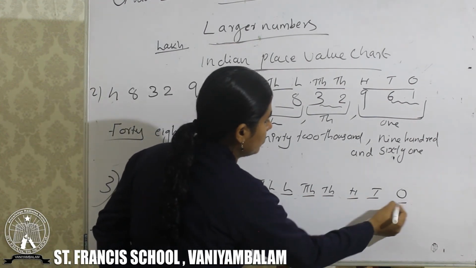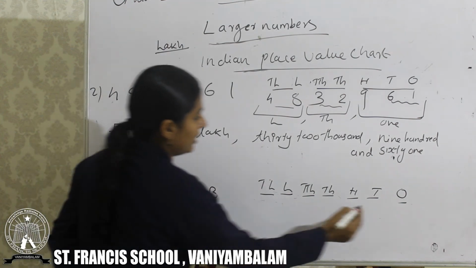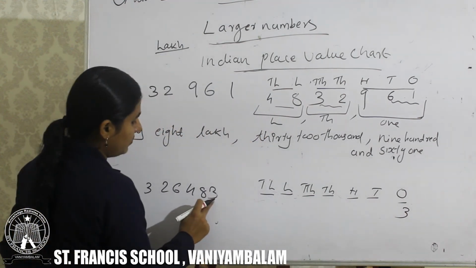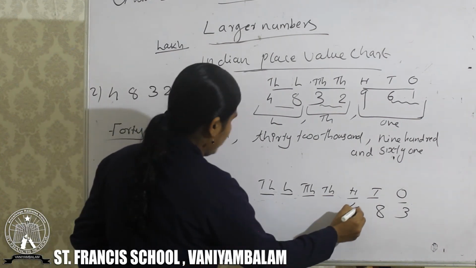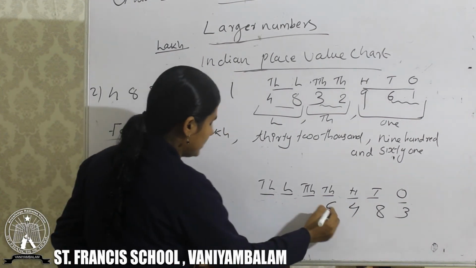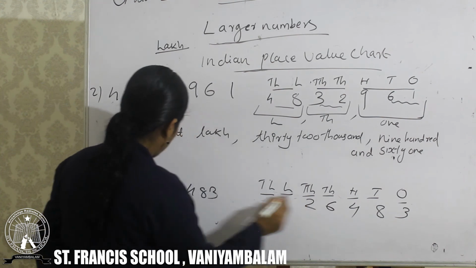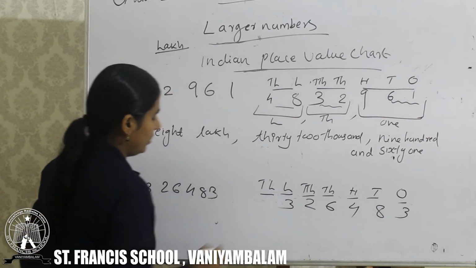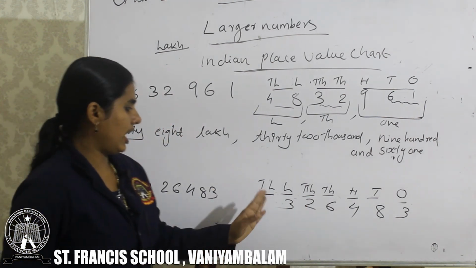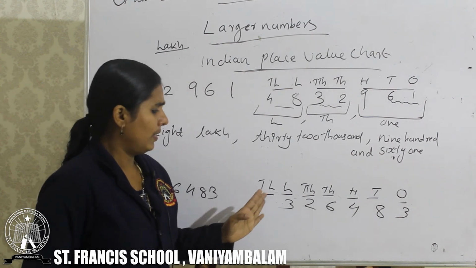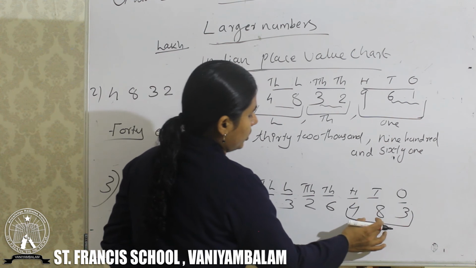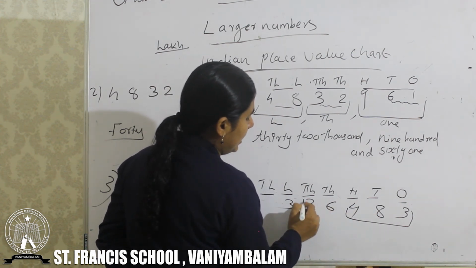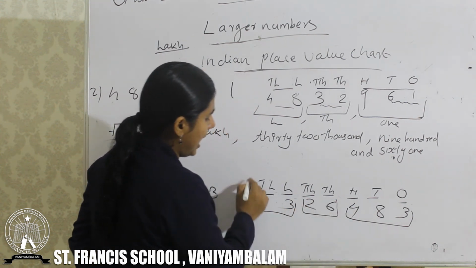Every time, right to left. Here we have which number? 3. Then left of the 3 we have which number? 8. Left of the 8, 4. The next one, 6. Next one, 2. Then up to lakh only, not 10 lakh here. Then very simple. First what do we want to do? We can divide it into how many parts? 3 parts. Okay, the ones period, then the thousands period, the next one the lakh period.